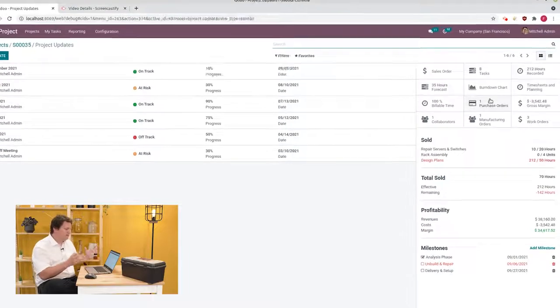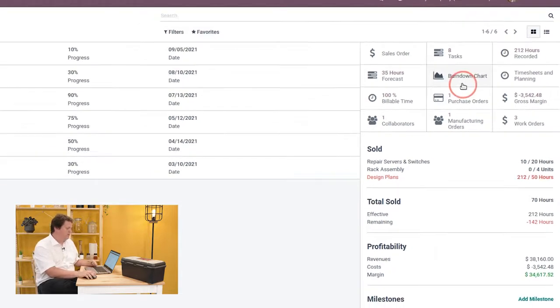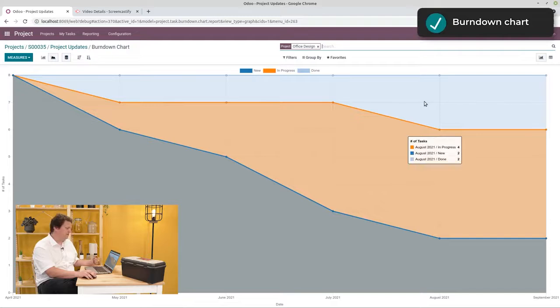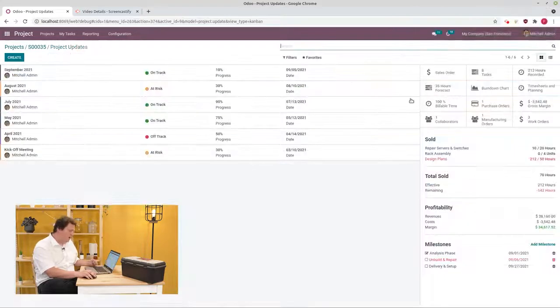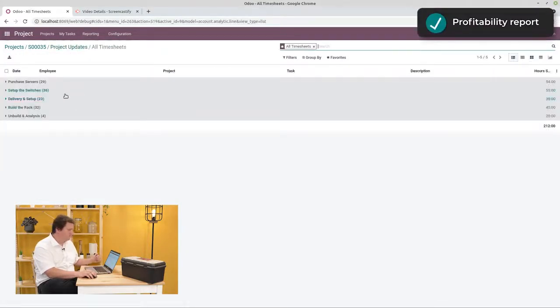You have tasks, manufacturing orders, work orders, purchase orders, all the time spent, profitability report, gross margin, everything's there so that you have statistics about everything in your project. And if you click, you get drilled down to that. So I can go to the burn down chart and I see the evolution of the tasks. Or I can go to the profitability report or the billable time and have a split of the time we